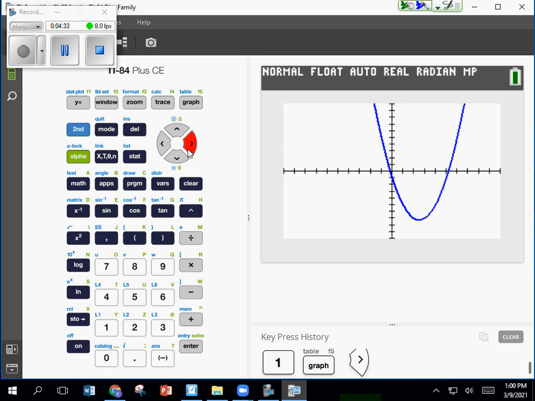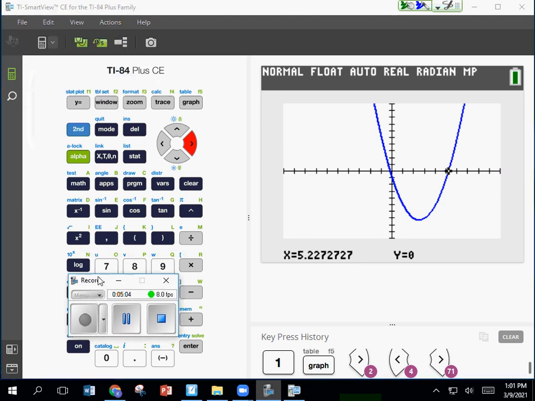So it crosses right here at negative 0.1515, and then we're going to go all the way over. 5.227. There. All right, so what we're going to do is we're going to take each one of those answer choices